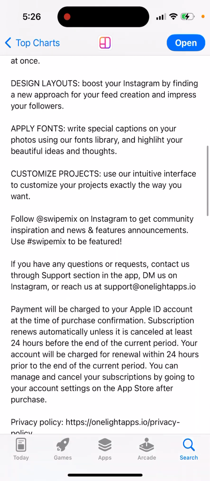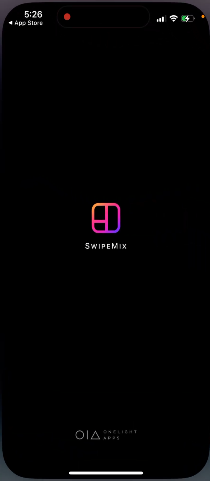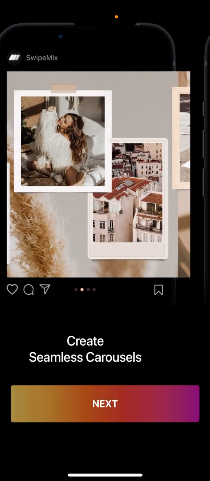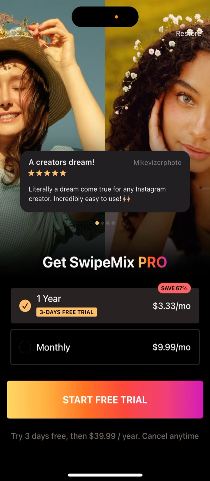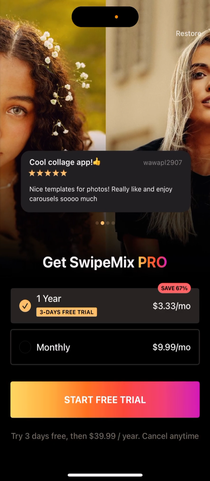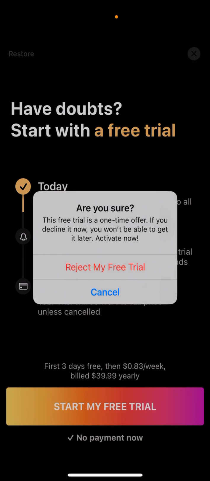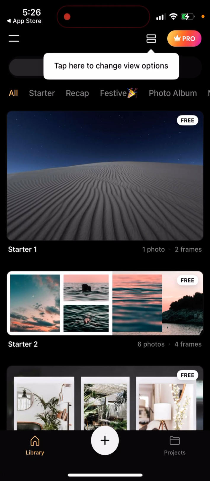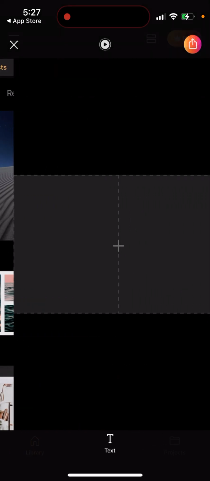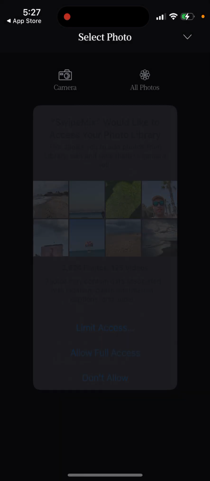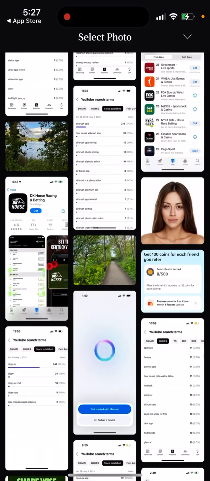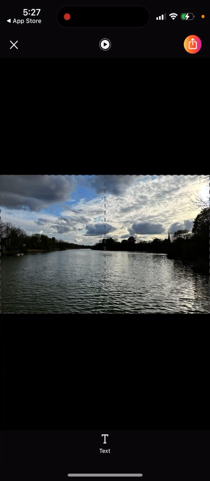So yeah, this is the app you have in here. Then you can just open it up and proceed. Tap next, start free trial, and then here you have it. There is some free trial, and then there are a lot of different collages in here which you can have. So you can tap, for example, in here and start creating with basic templates. So for example, I have this